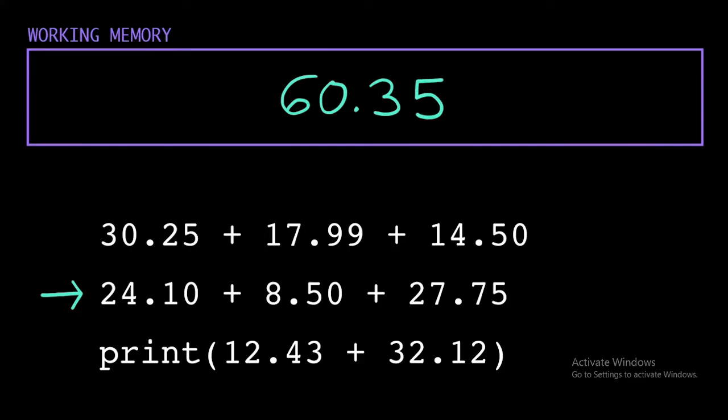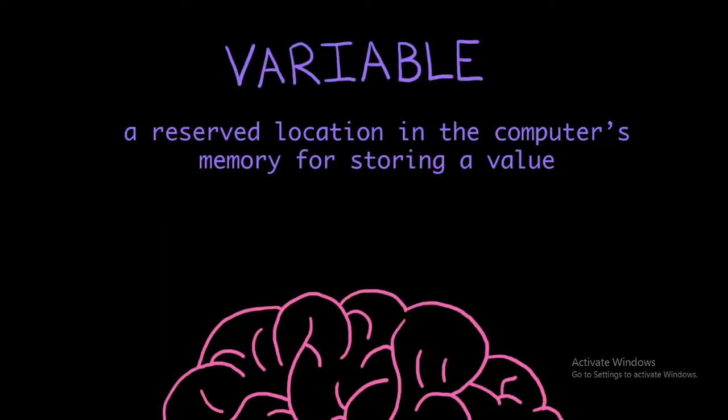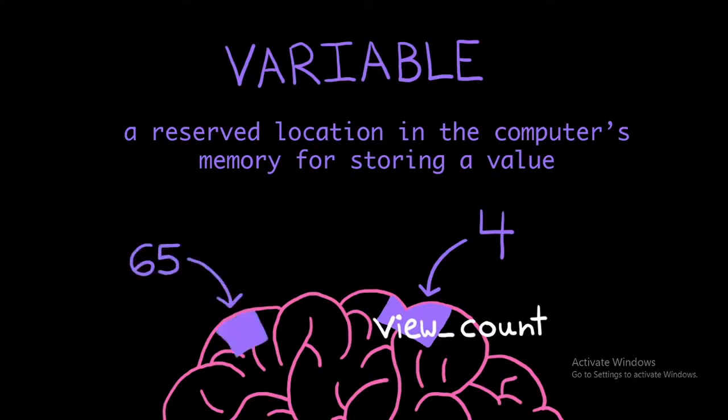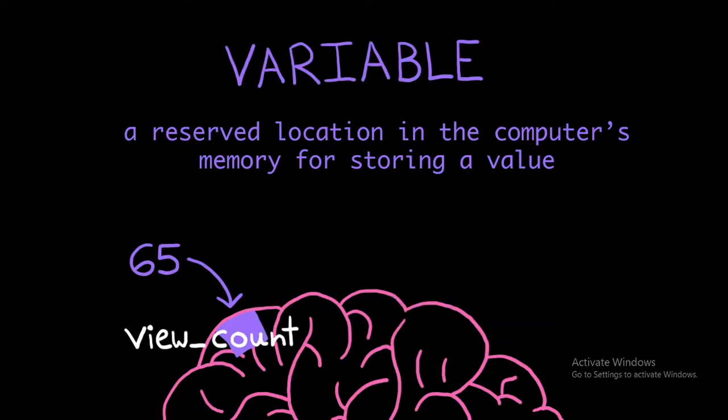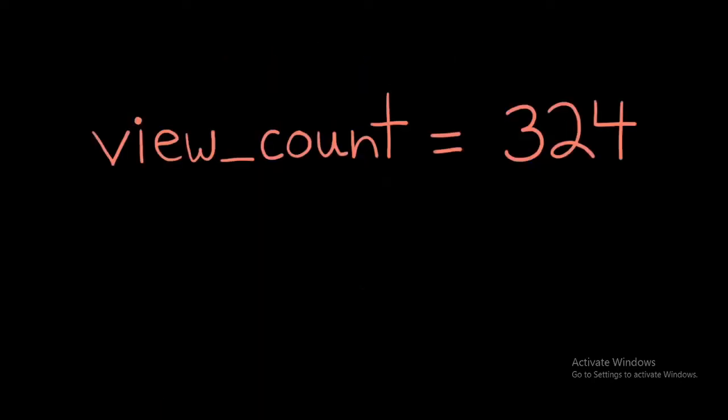To do that, we use variables. A variable is a reserved location in the computer's memory for storing a value. We associate each location with a name, so it's easy for us as the programmers to refer to a specific location later. We can also update the value that a specific name points to over time. Because we have a name, we can ask the computer questions like, what value do you have stored at location view count right now? To create a new variable, or update the value stored in an existing